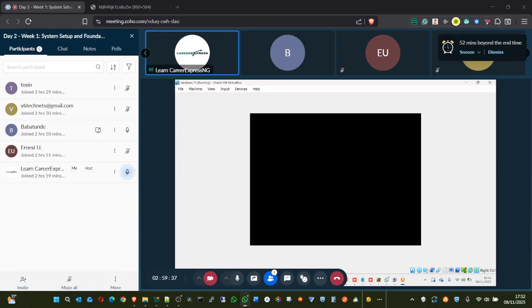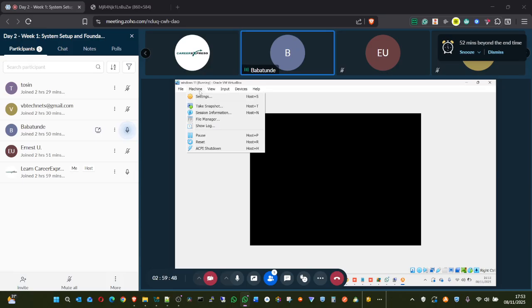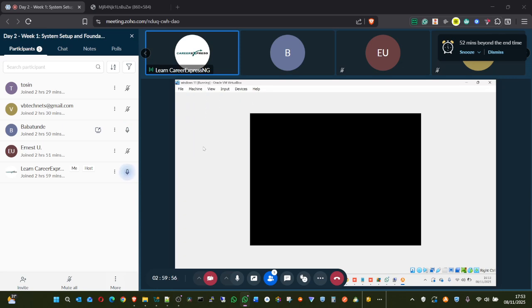If you are not seeing anything, go to the top left of the screen, where you see file and machine. Click on machine. Click on ACPI shutdown. All right.